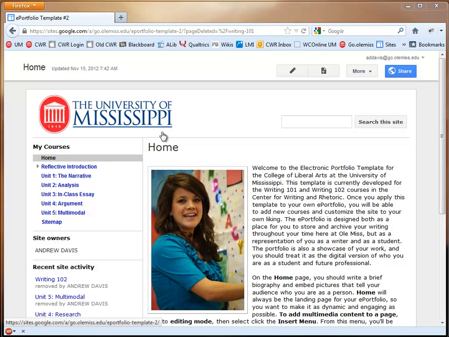Assuming that your ePortfolio space looks something like this example, you'll see that all of the content that I added for my Writing 100 course is over here on the top level of the navigation. What we want to do is put it all underneath a page just for Writing 101, which then allows us to collapse that page. So to do that, the first thing we're going to do is create a new page